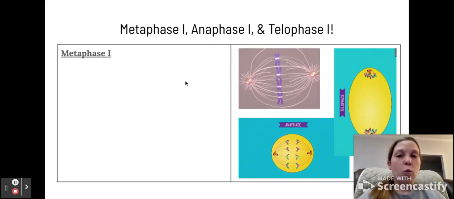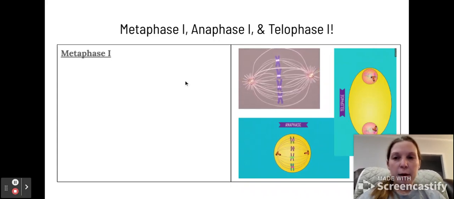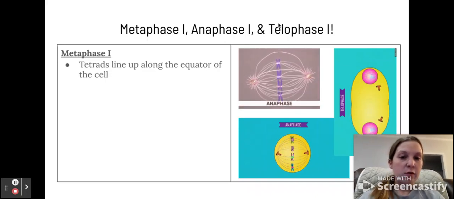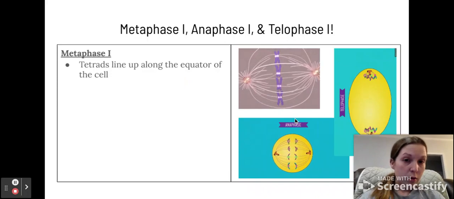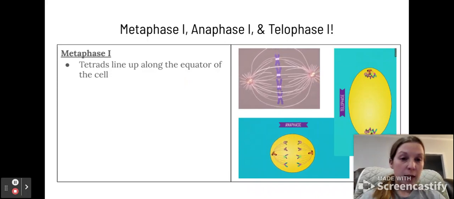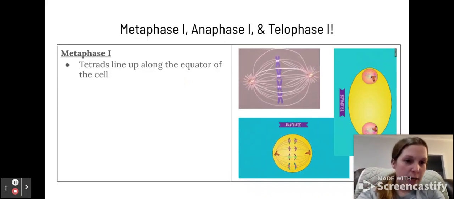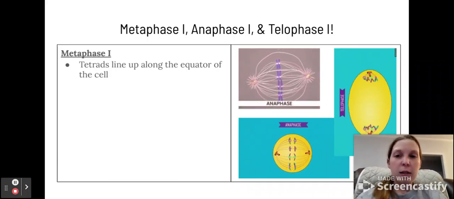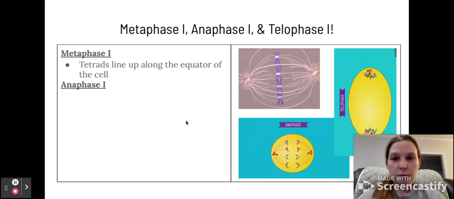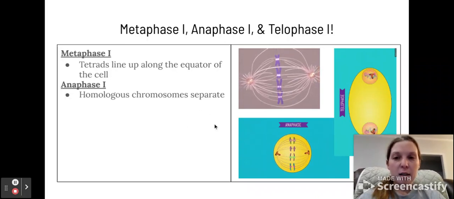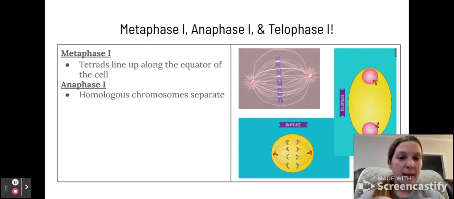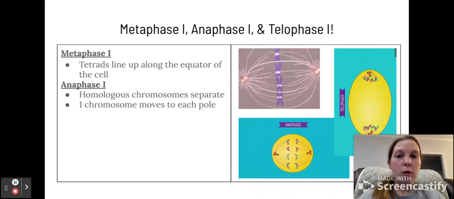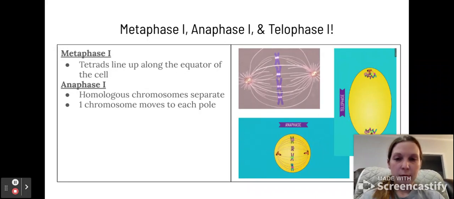So for all of our other 1 phases, in metaphase 1, the tetrads will line up, so you can see that here. Instead of 2, we see 4, okay, that tetrad. Tetra in science means 4. So that lines up on the equator of the cell. And then in anaphase, the homologous chromosomes will separate at that centromere, so they kind of split. One chromosome will move to each pole,